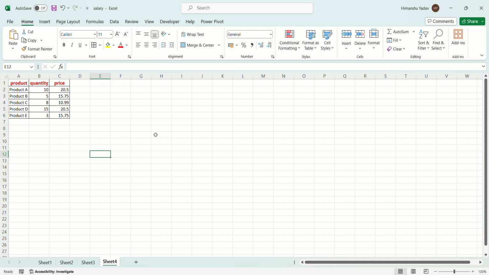So in this session we are going to learn about some Excel formulas, and the first formula which we are going to study is the VLOOKUP formula. For this I have taken a simple table with three columns,